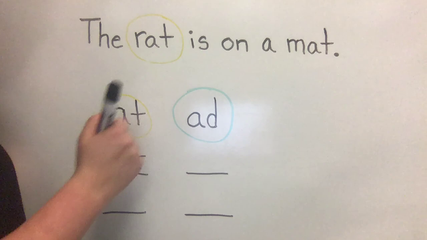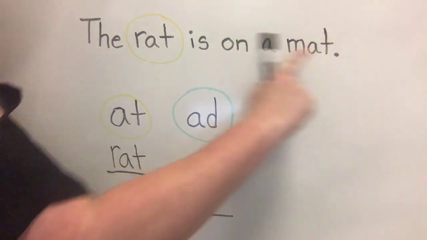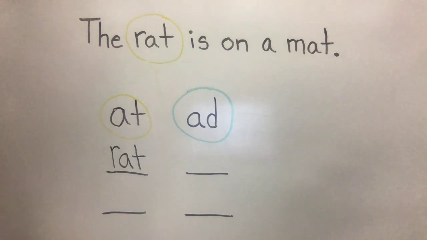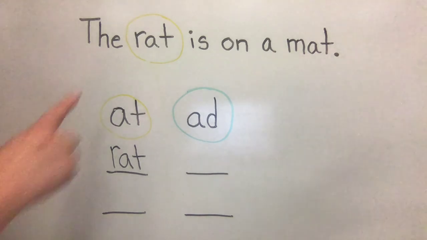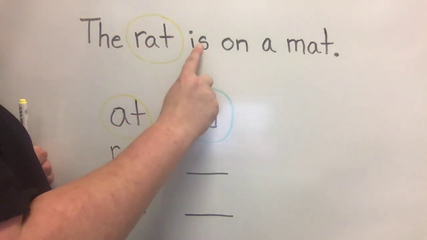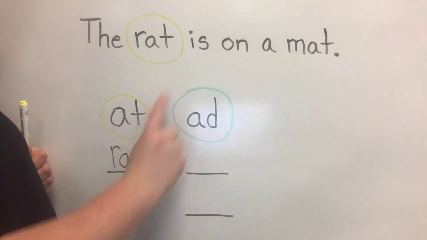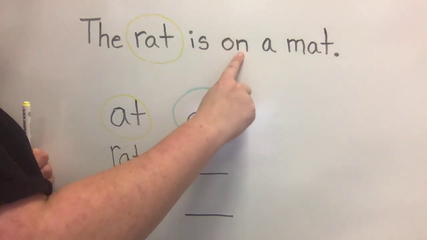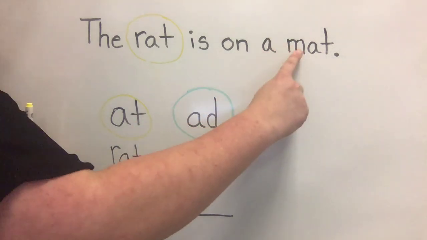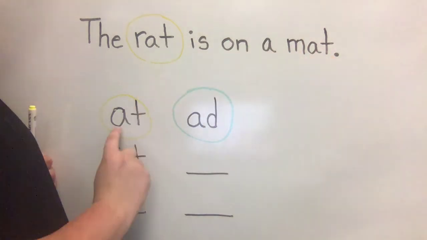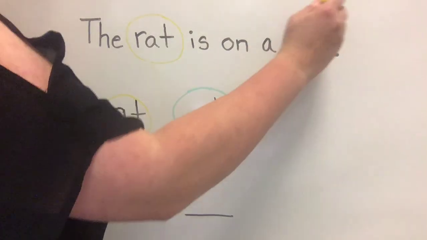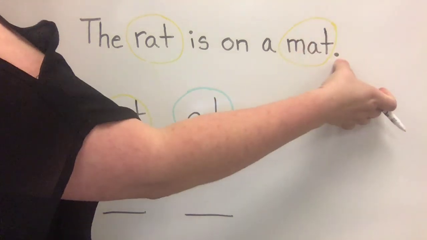Rat. Great. Now don't forget, there might be more here. Let's keep going. Remember, we're looking for at words with the A and the T next to them. I always start back at the beginning. The rat. Does this word is have at? No. How about on? Does on have at in it? No. We know A doesn't. What about mat? Does mat have A and T next to each other? Mat. Yes, so we're going to circle this word,